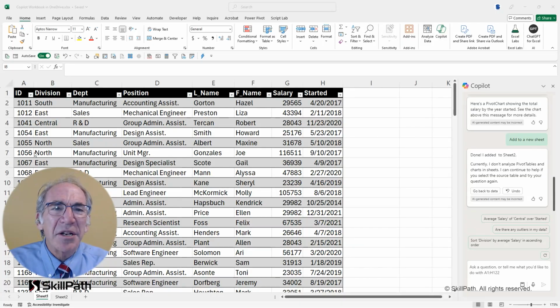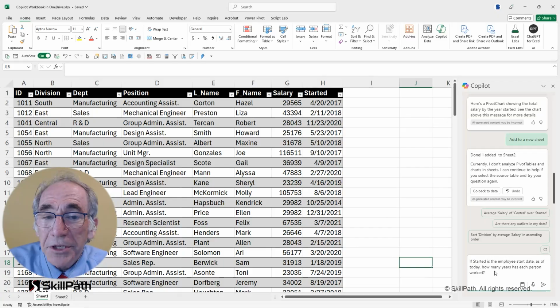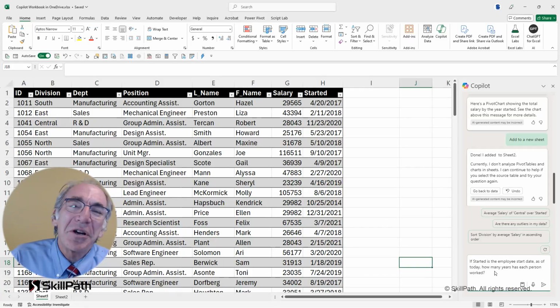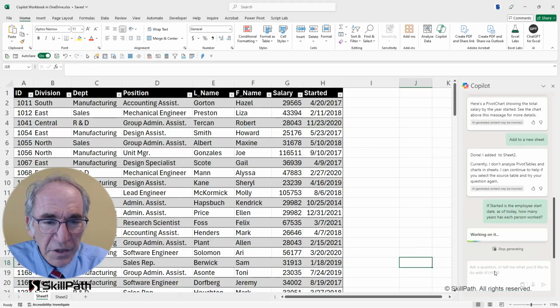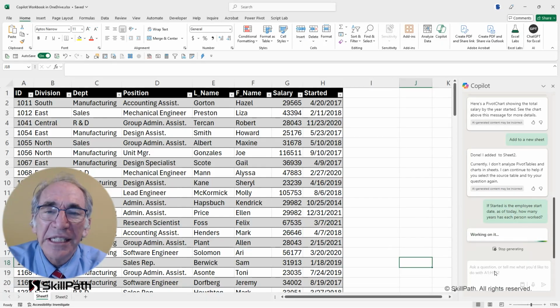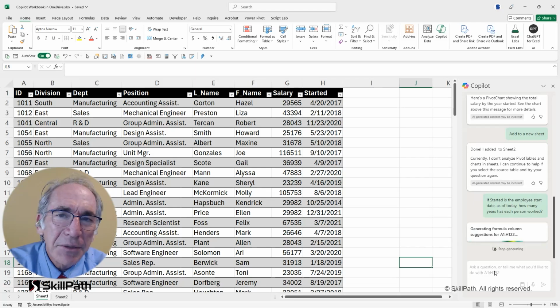And so in order to add a new column, I would simply go over to my prompt and put in my question: if Started means it's the date the person started, how long have they worked for the organization? So I'll just send that on its way and see what it comes up with.